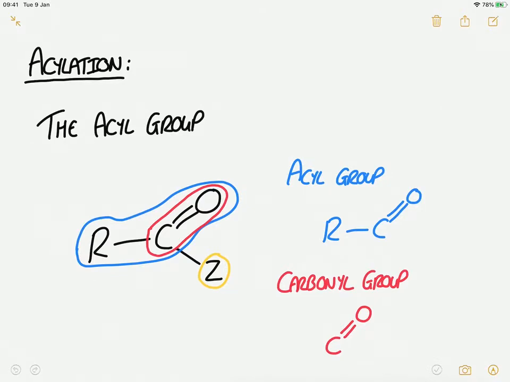Right then, this probably covers about 2 lessons' worth of content on the acyl group and acylation. So we're going to start with the basics, and then there are some practice exercises and some example mechanisms. Acylation, the verb, refers to transferring an acyl group to another substance. There are a number of different ways that this can happen, but there's one we're going to look at